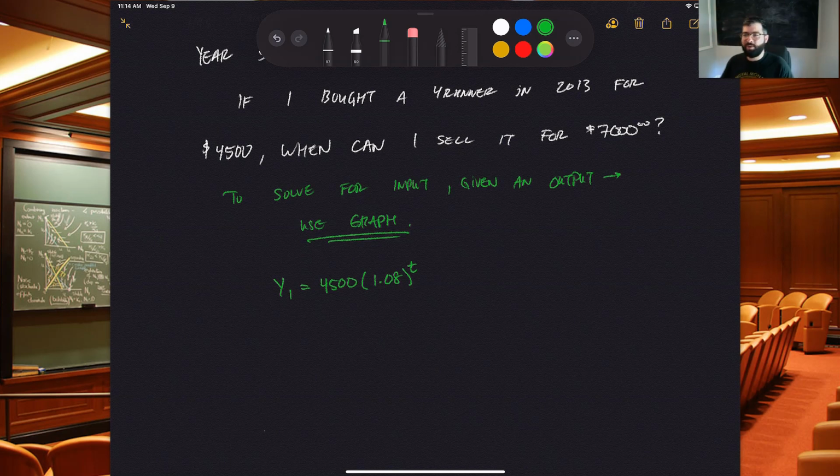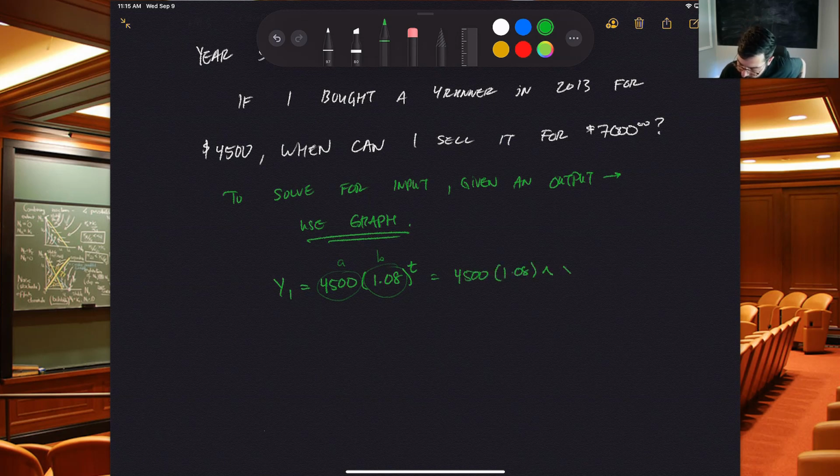Go back to 4.1 and 4.2 and check it out, right? Here's my a value, my initial value, and then my growth factor b. And it's not starting with any vertical shift. We can just model it directly like this. So here's my y1, 4,500 times 1.08 to the t, which in your calculator would be